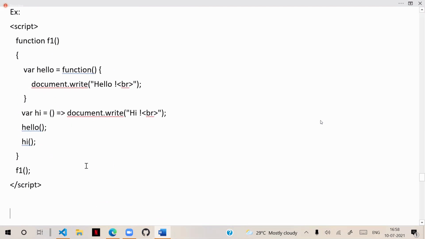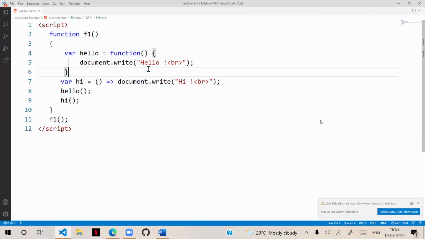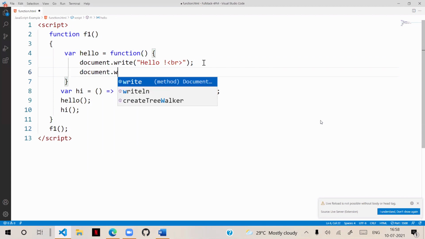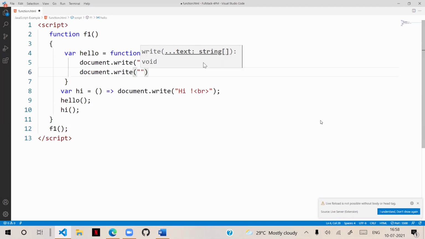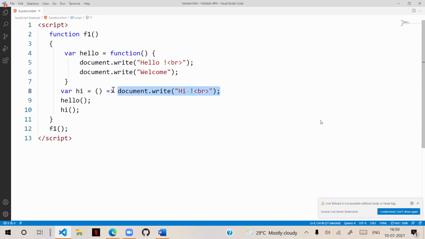Suppose you have several statements. That means document.write hello, after that document.write welcome. Like this, multiple statements are there. Then we cannot write multiple statements like this. You have to use a curly brace and a block. Inside the block, you can write multiple statements.